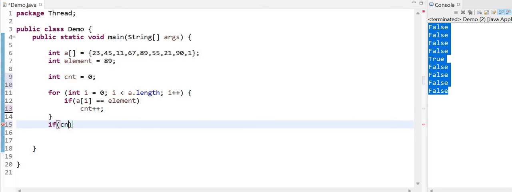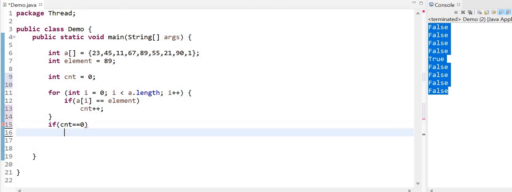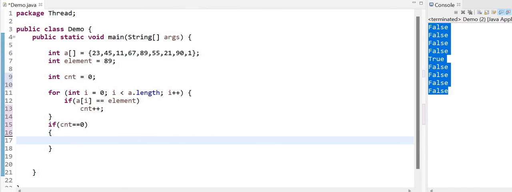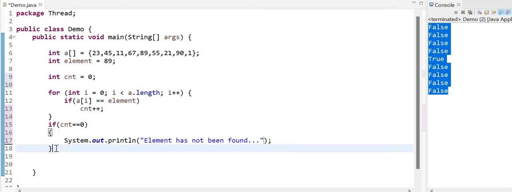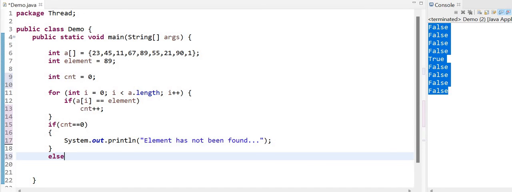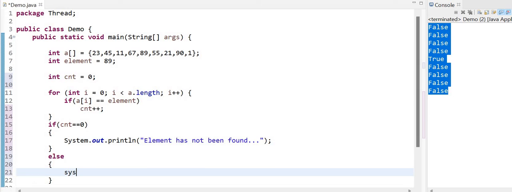I will say if counter variable is equal to 0, it means it has not matched with any of the element. It means not been found. And else element found